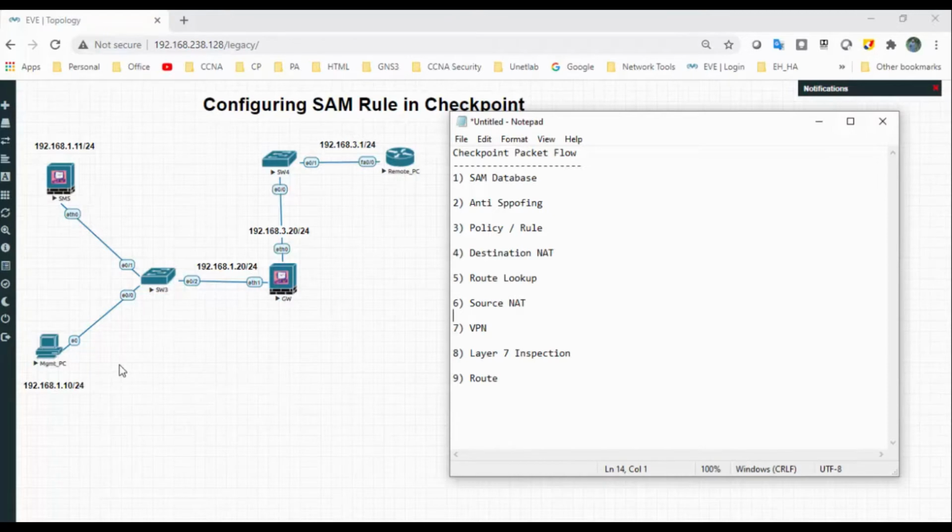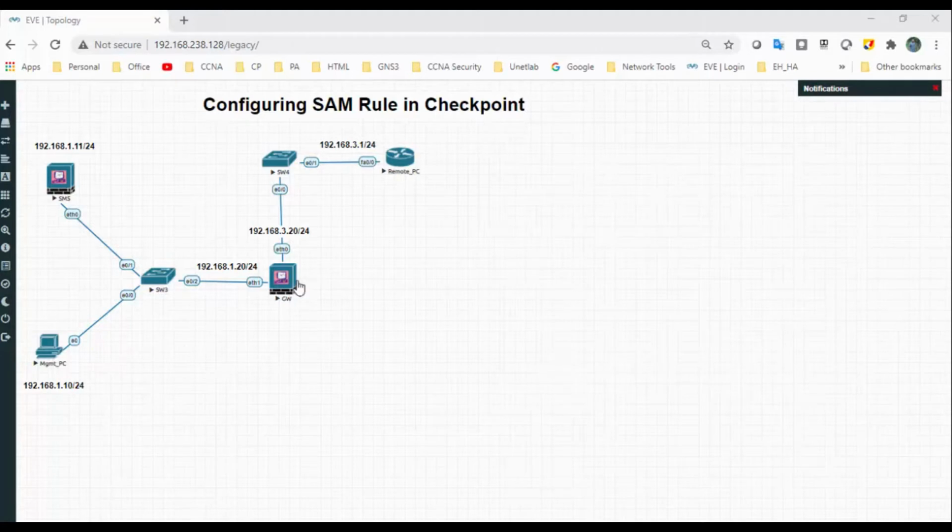In this, I will demonstrate how to configure the SAM rule in Checkpoint monitoring. I have a gateway, an SMS server, a management PC, and a remote PC.